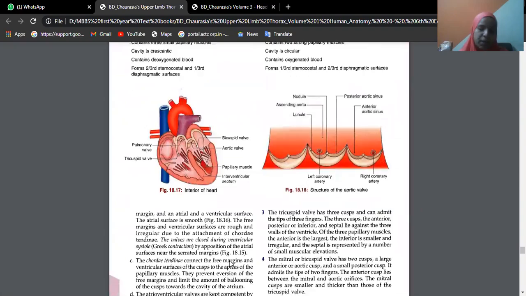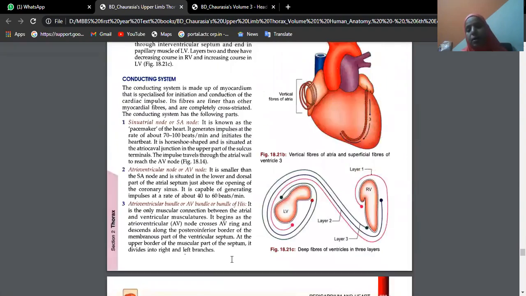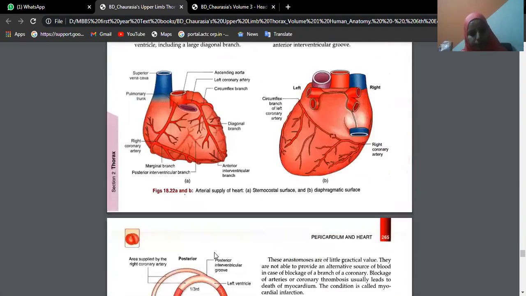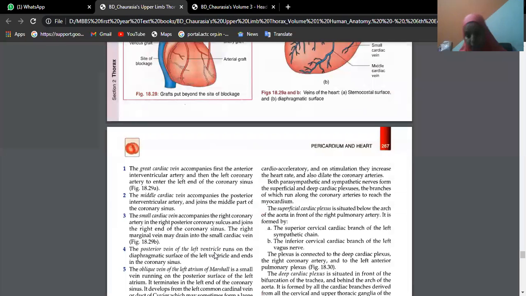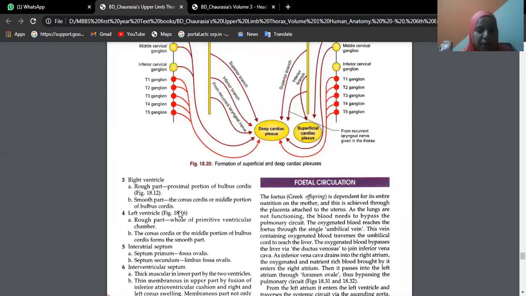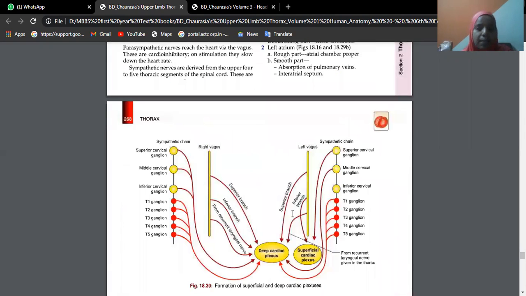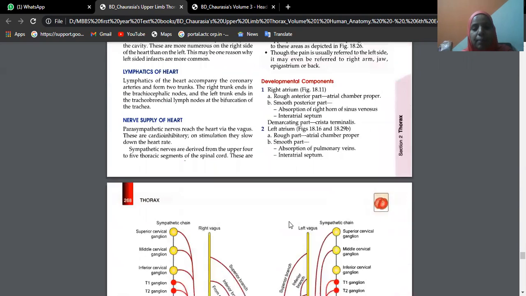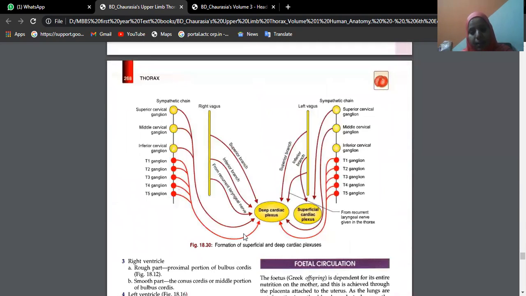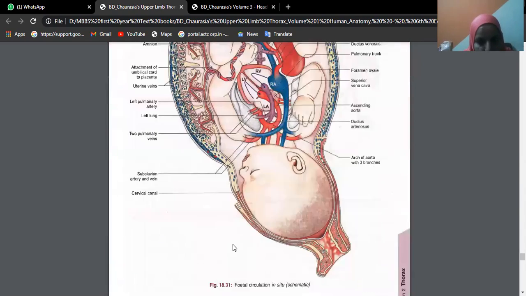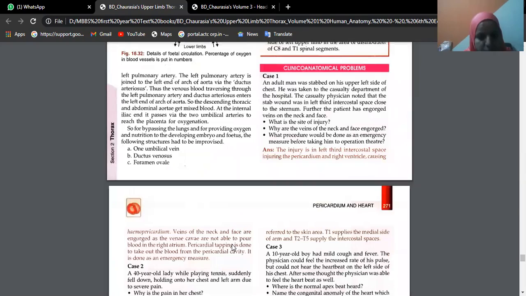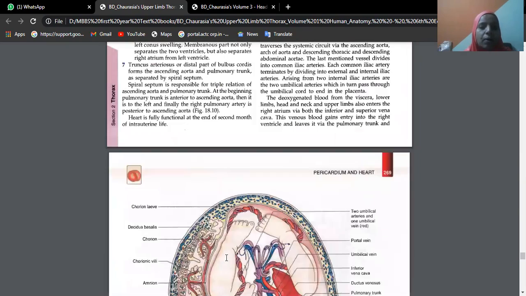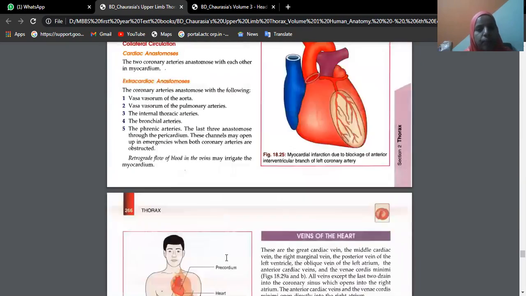Okay. Now, in this question, we are also asked about nerve supply of the heart, beta. It has come as an essay. That means you should talk about arterial supply, venous drainage, then coming to nerve supply. For nerve supply, see, the heart is supplied by superficial and deep cardiac plexuses. Actually there was a picture showing the plexuses better. Then we can see, like I think in the new edition.